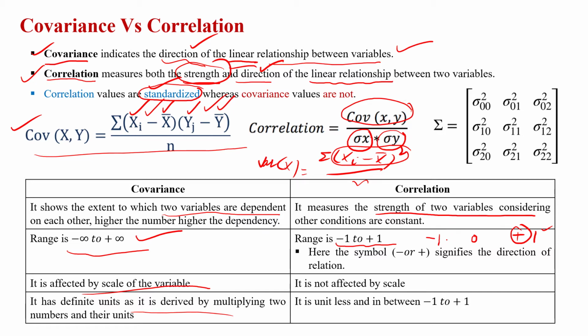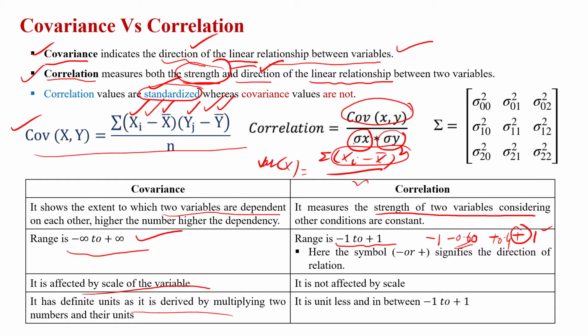If the answer is like -0.6, that is indicating that if 60% of the values of one variable are increasing, the other variable's values are decreasing, right? Similarly, a positive 0.4 means that if 40% of one variable is increasing, the other is also increasing, or if 40% of the values of one variable are decreasing, the other variable is also decreasing. So they have the unidirection, right? This is the main difference between the covariance and the correlation.